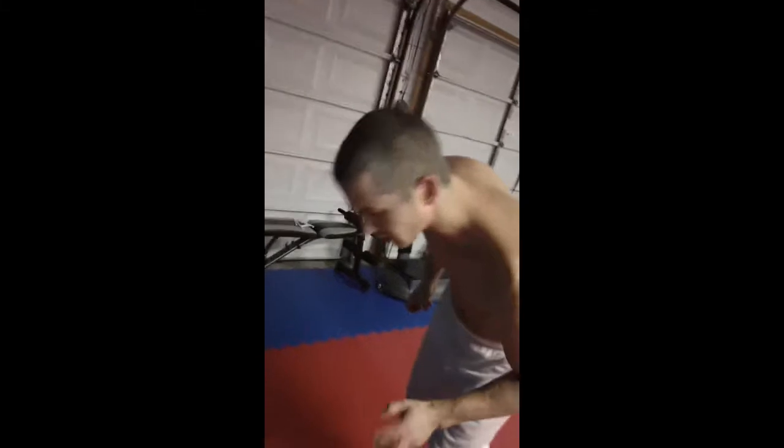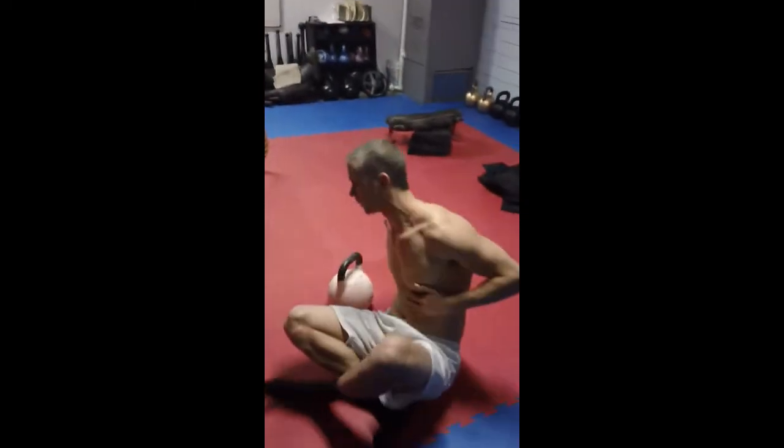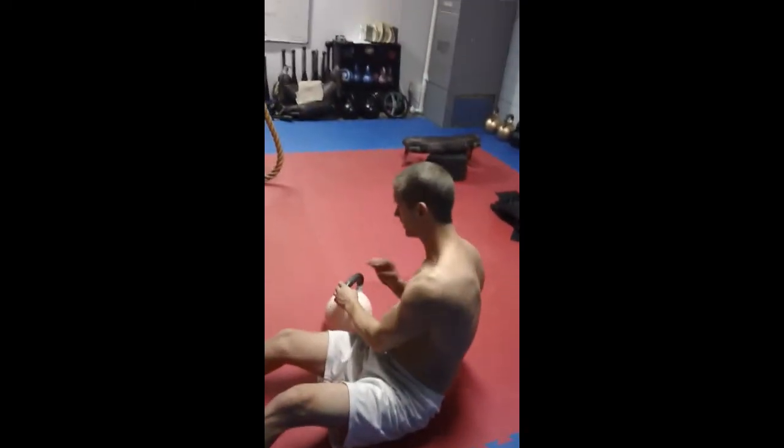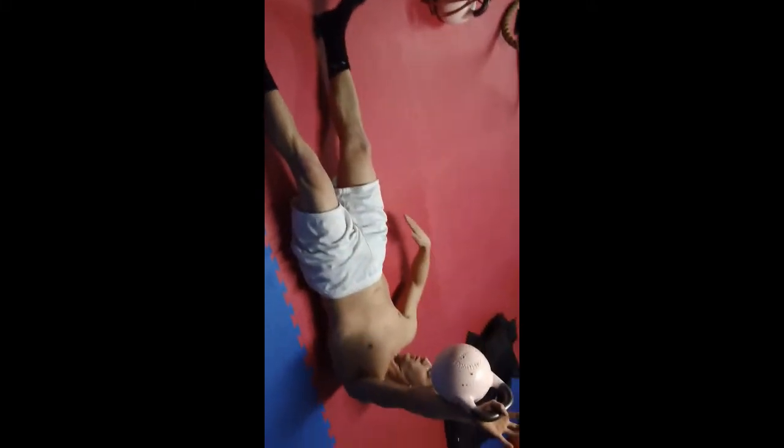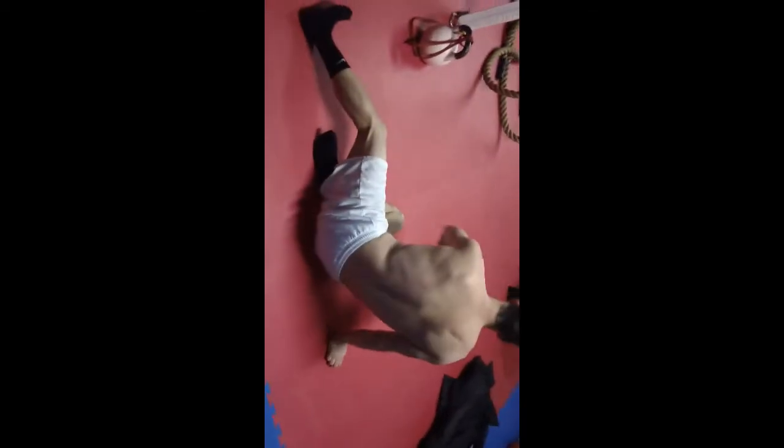So now we're going to hit pullovers. What you want to do is, this is going to stretch out your serratus, your pecs, your anterior shoulders, and it's going to strengthen you as well. You want to maintain the posterior pelvic tilt, and you're inhaling back while maintaining. Get a nice stretch, come up. You can add the leg slide that I talked about, and